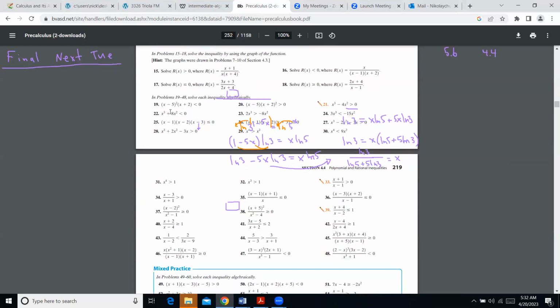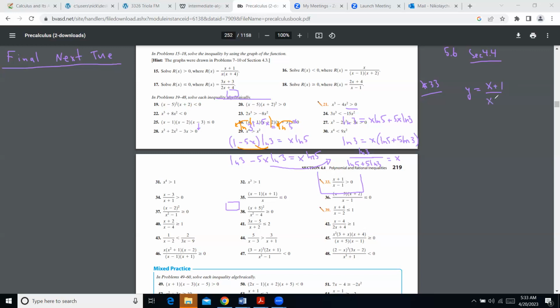So a typical exercise will be like problem number 33 from section 4.4 that wants you to solve a fractional inequality here. And to solve it, I'm going to graph this as if it was a function, x plus 1 divided by